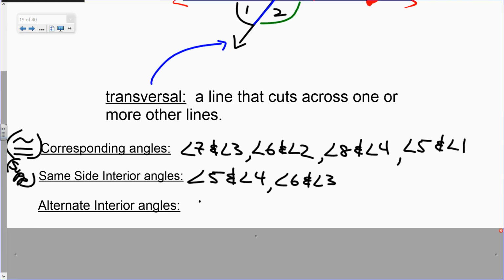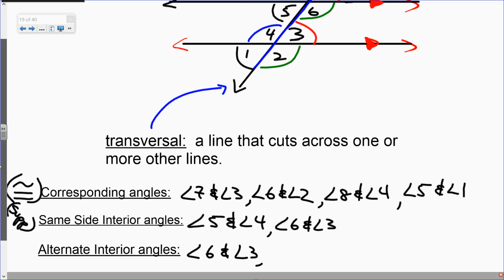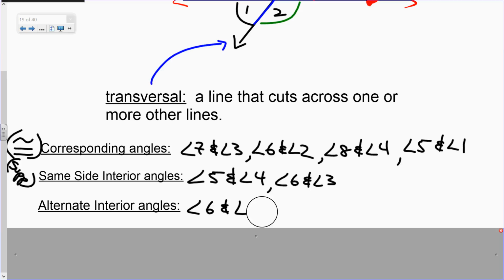So we're going to write that down. Angle 6 and 4, my bad, and angle 5 and 3. Now alternate interior angles are congruent. So next to this one, I'm going to put a congruent symbol. So we've got corresponding angles are congruent, same side interior angles are supplementary, alternate interior angles are congruent, and last one, last but not least, is